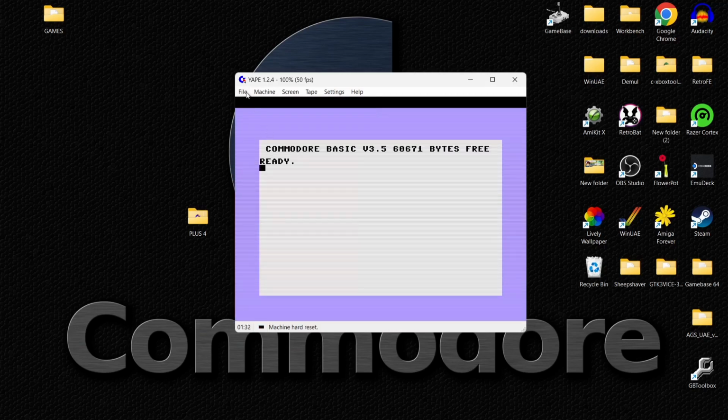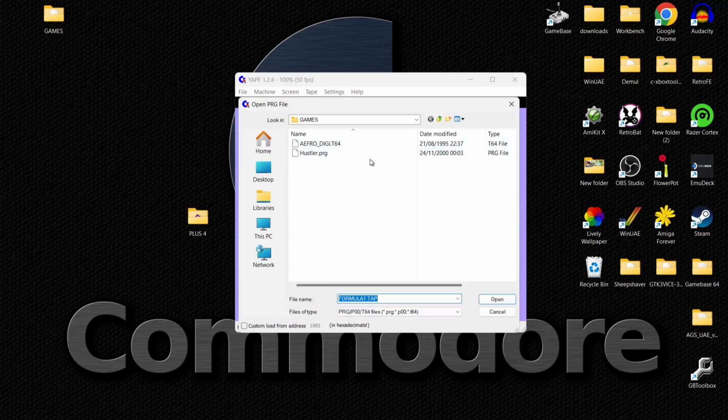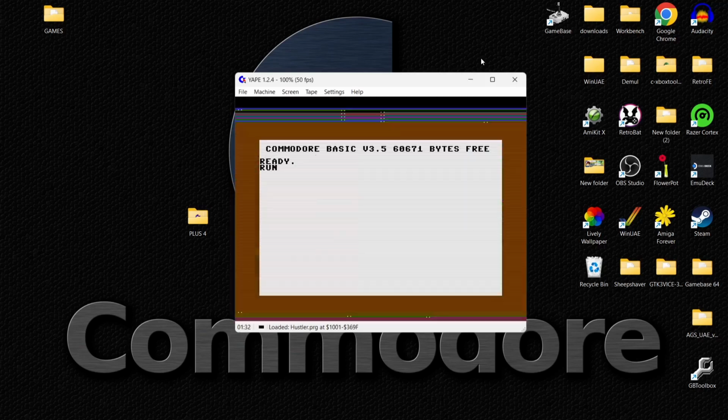Next up we have got programs. So if we go to file, to load a program, we're just going to go to load PRG. And then in my games folder I have got these two games here, or rather just one, marked as .prg. If I double left click and run,